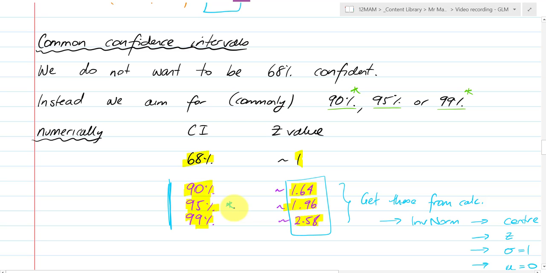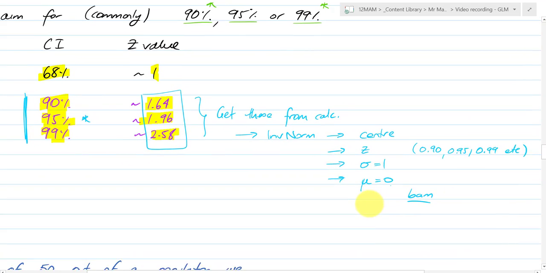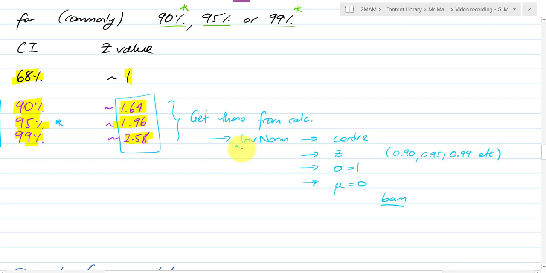The other thing you can do, though, is not remember those numbers and just remember that you can go into your calculator and inverse norm that question. So we want to find the center of our distribution to have either 90% of the data or 95% of the data or 99% of the data or any other value. And we're trying to calculate the Z-score that will work for that. We've got a mu of 0 and a sigma of 1, and our Z-score is one of these values just here, and it will give us the particular Z value that